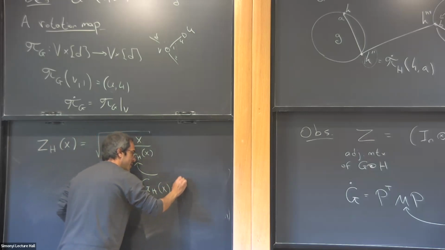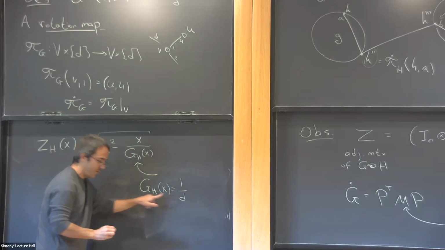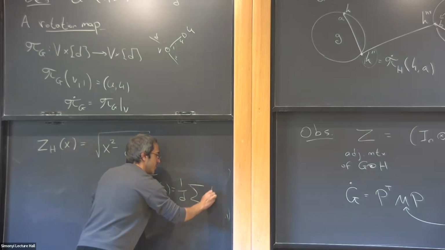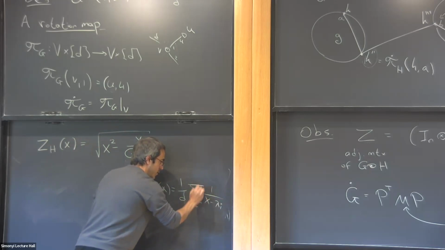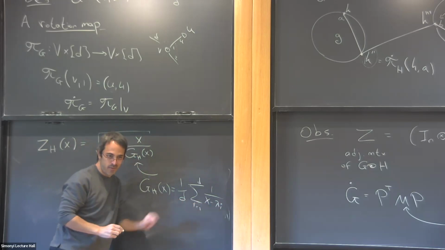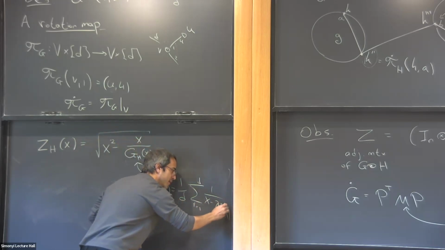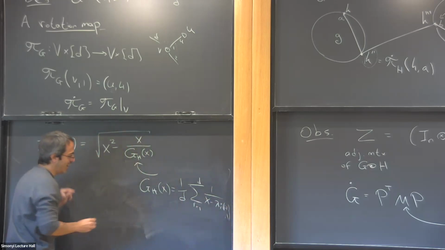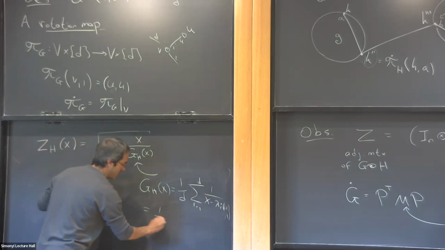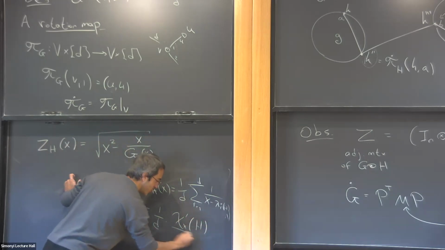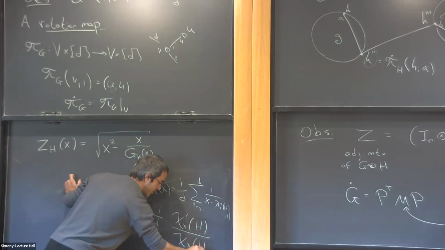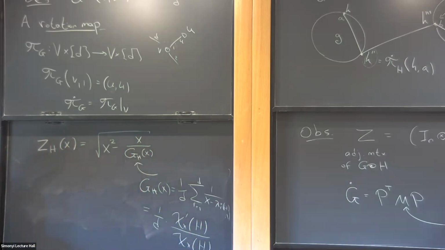which you can write in 2 different ways. Either 1 over D, where D is the number of vertices in H, times the trace of the resolvent, with these being the eigenvalues of H. And you can also write it as 1 over D times the derivative of the expected characteristic polynomial divided by the characteristic polynomial. Same thing. So this is the function that we talked about last time,